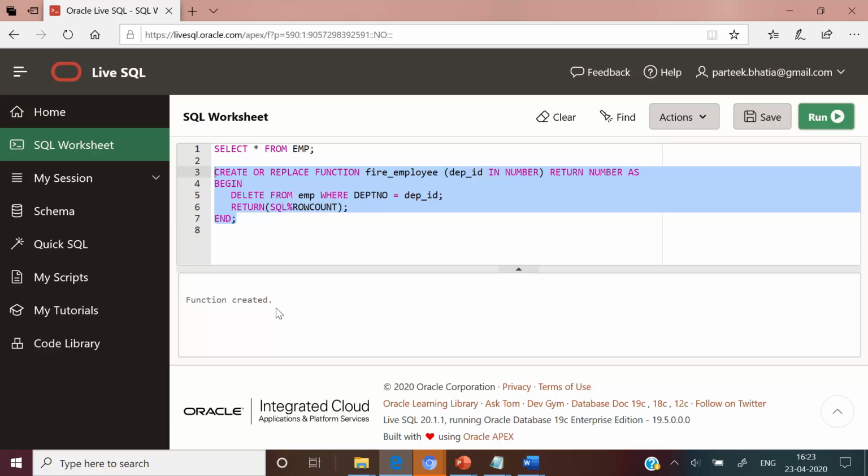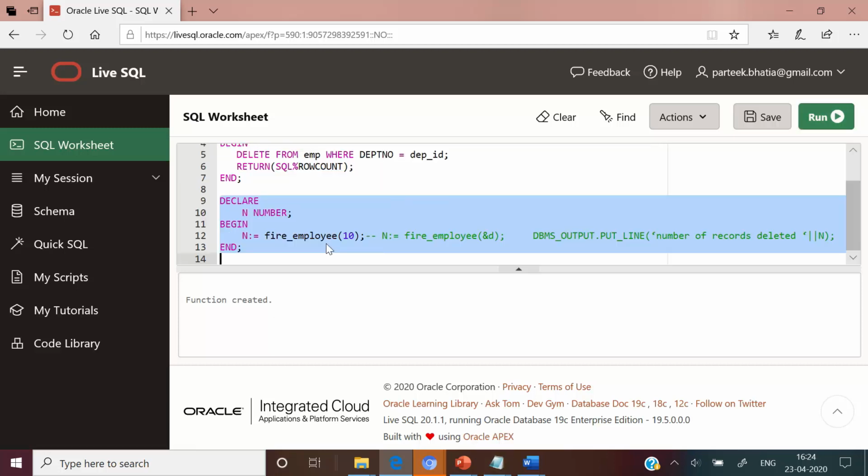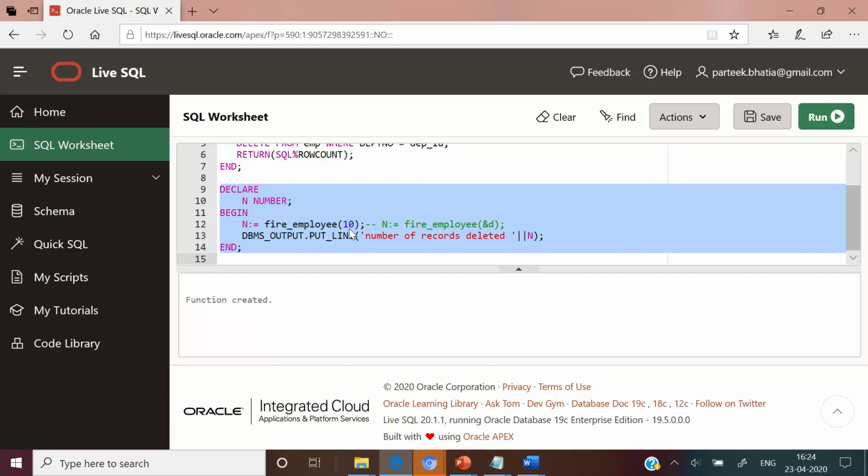Let us write the code of a PL/SQL block to call this stored function. Here we are calling this stored function and we are passing a value 10 as a department number. It will delete the record of department number 10 and the information about total number of record deleted will be stored in this variable n.